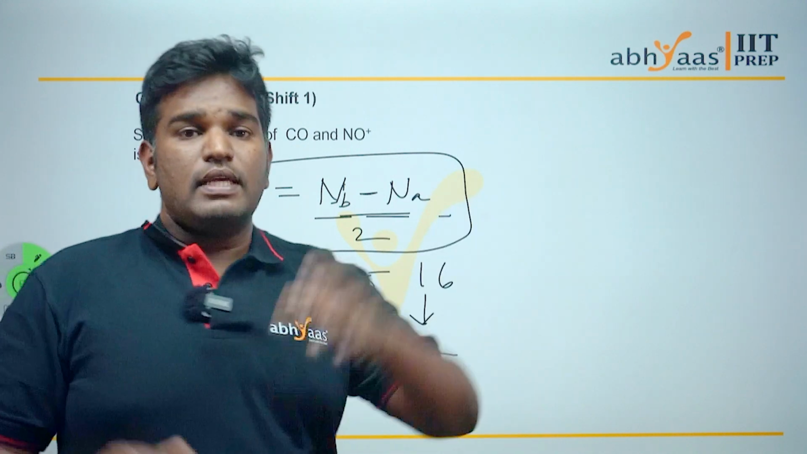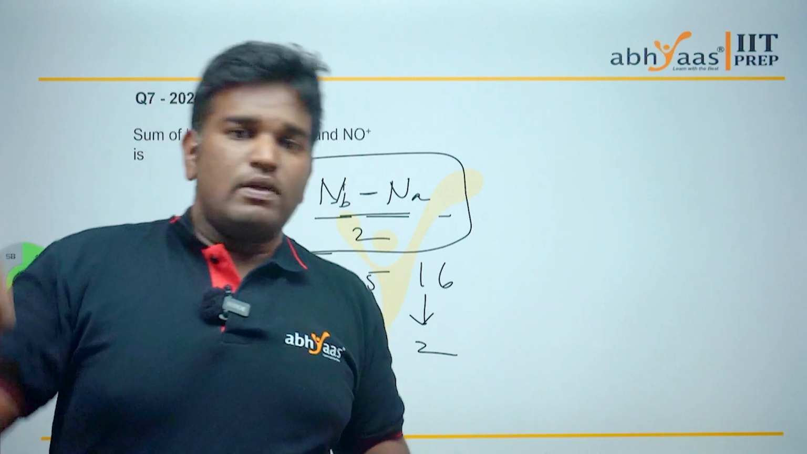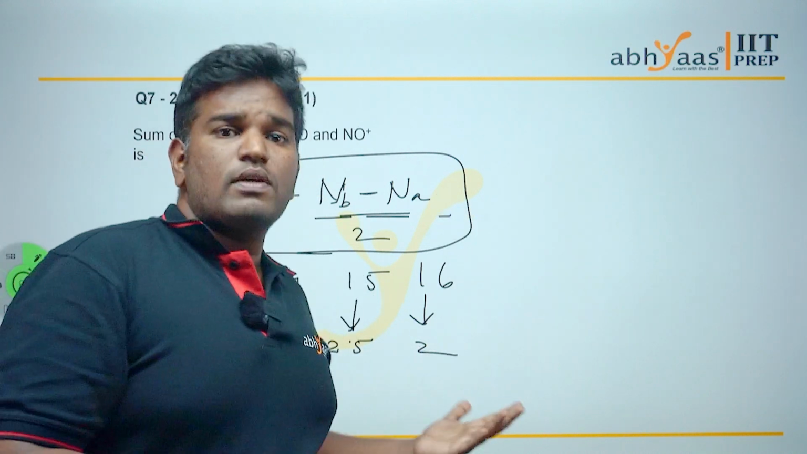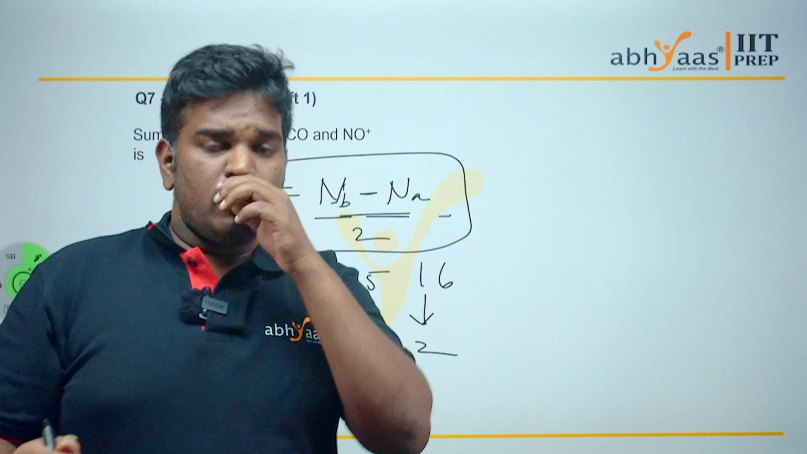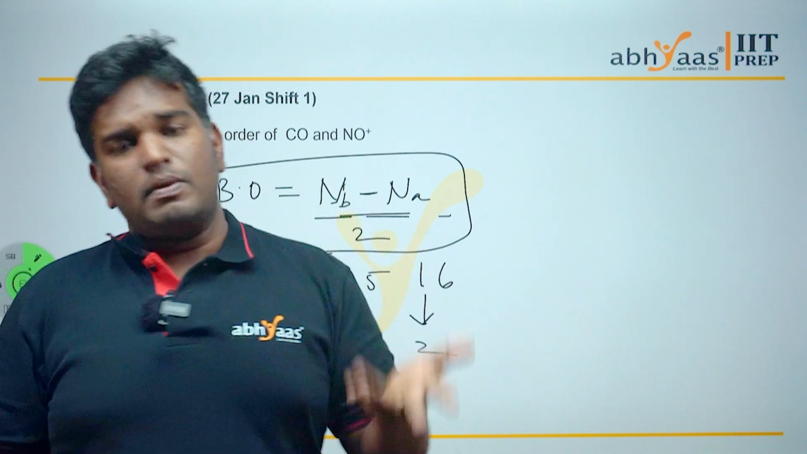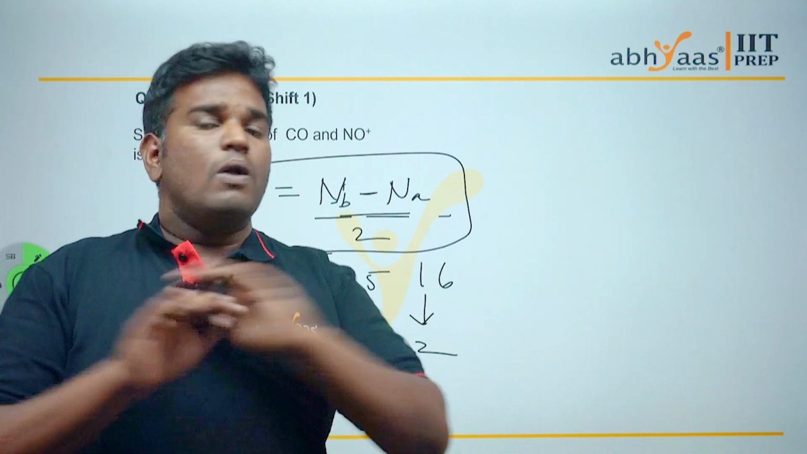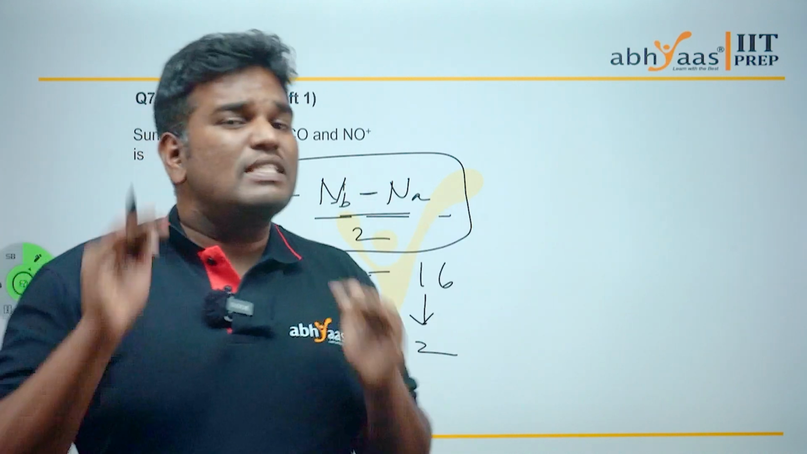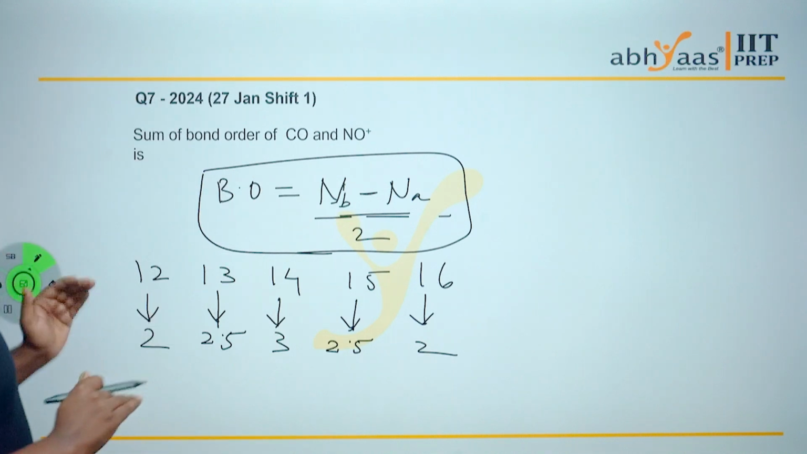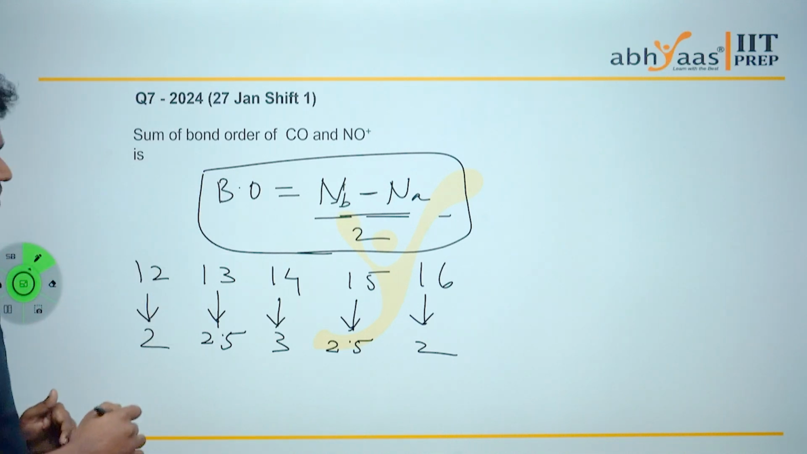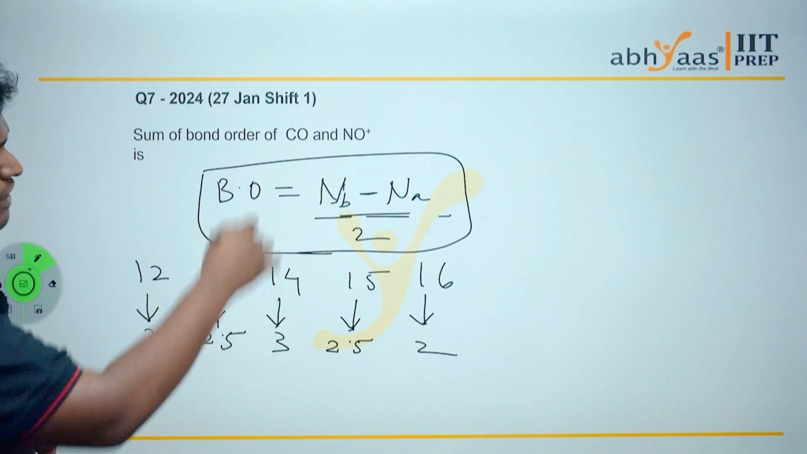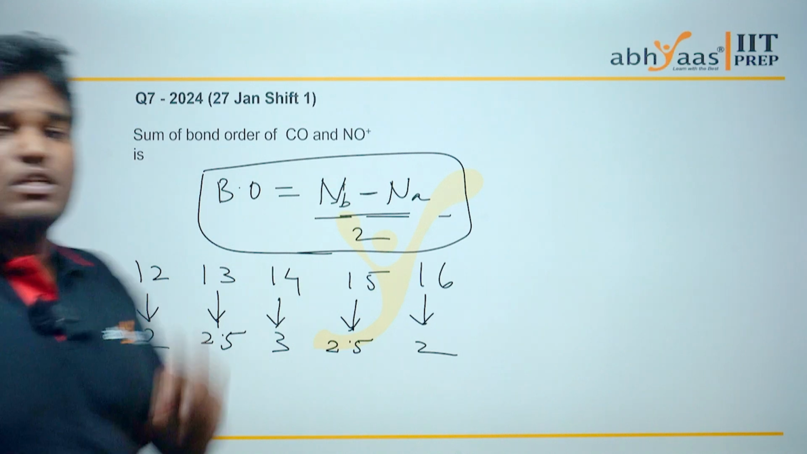You don't want to draw the molecular orbitals, you don't want to fill the electrons, and again you don't want to look at the bond order, right? You have to look at the number of bonding orbitals and antibonding orbitals and electrons. All those things are shortened. You just keep this in your mind. If there are 12 electrons, 2 will be the bond order, 13 2.5, 14 3, 15 2.5, and 16 2,